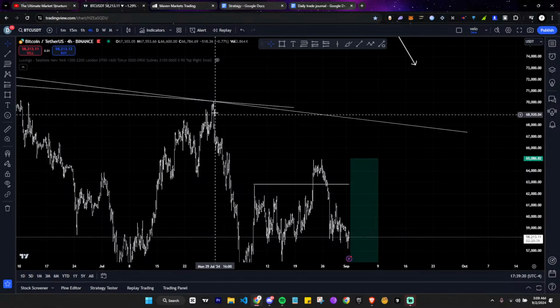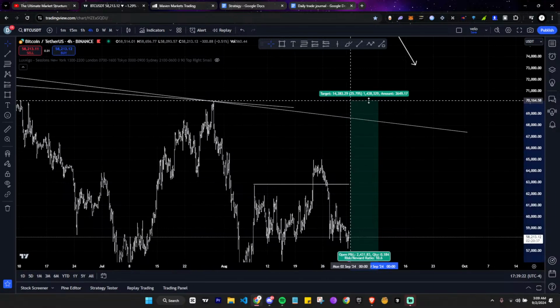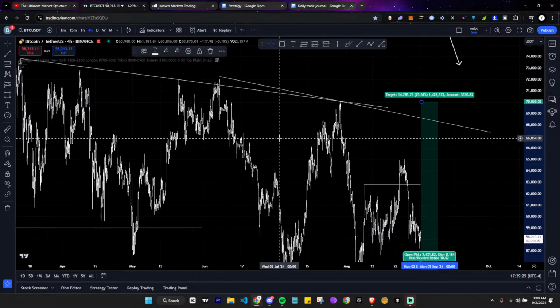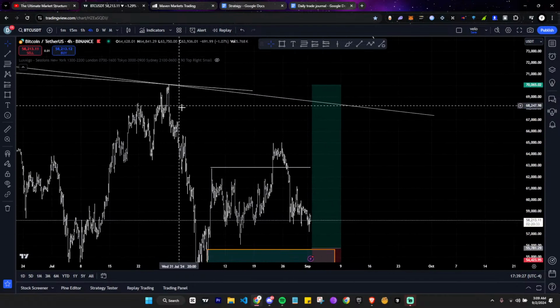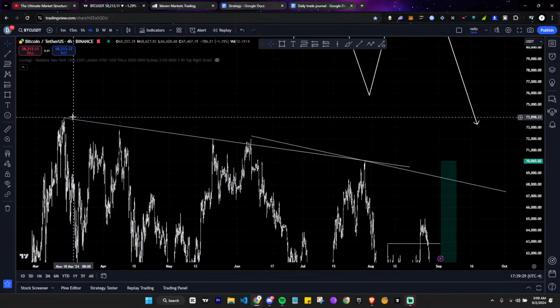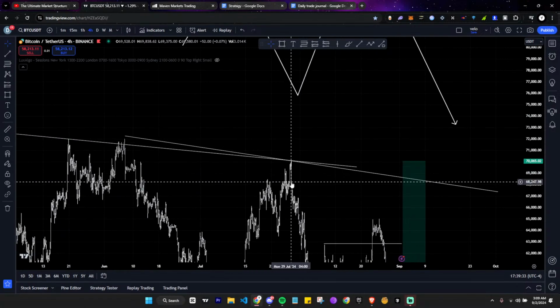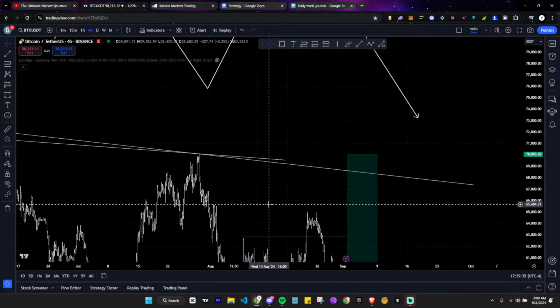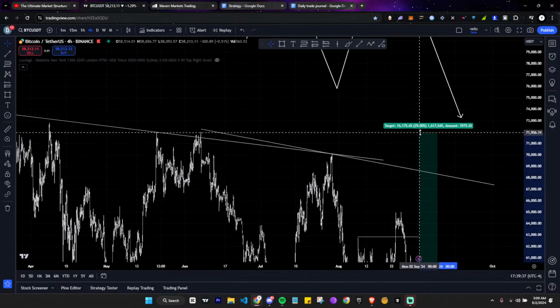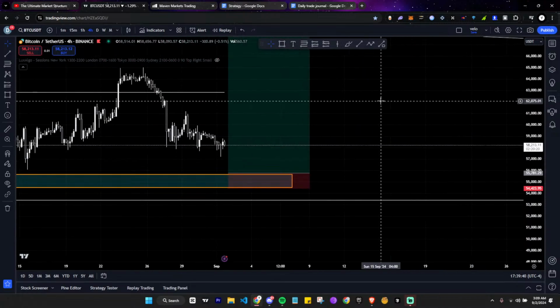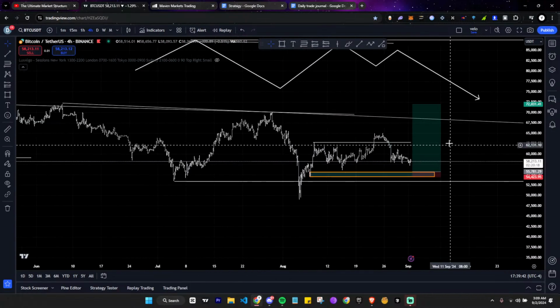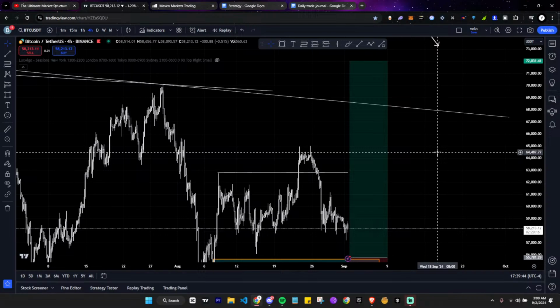You see this huge imbalance in price? Up to this point, we need to take out this liquidity anyway, because this was taken out by this, but this wasn't taken out. Neither was this taken out, okay? Then this was taken out by this, but then this wasn't taken out. So I'm overall expecting all these draws to be going higher. So overall, I have a pretty good bullish bias as long as we come down here,